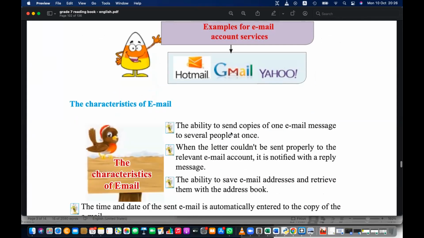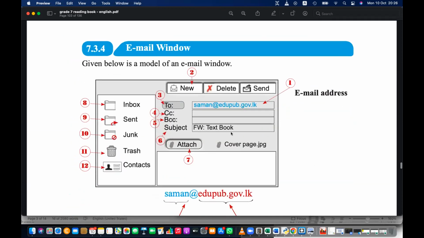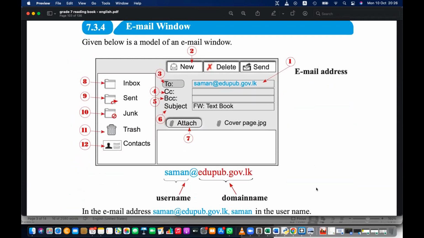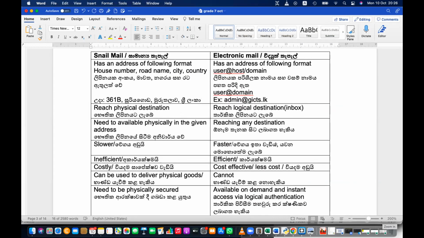Okay, so we need to know about email and traditional mail, so let's compare them. In traditional mail or snail mail, it has a physical address with a house number, road name, city and country.